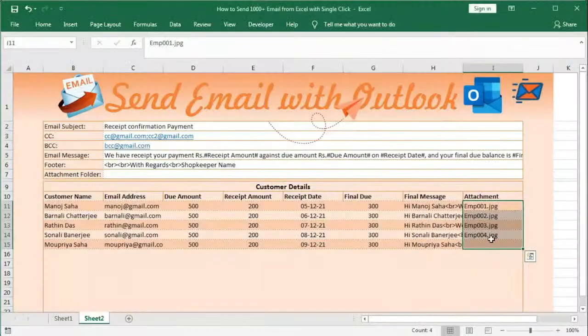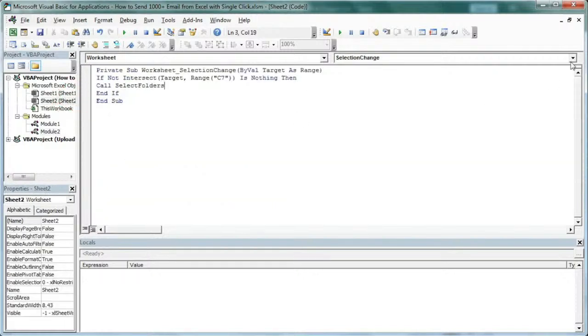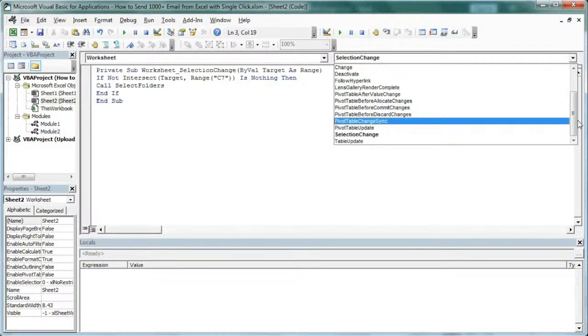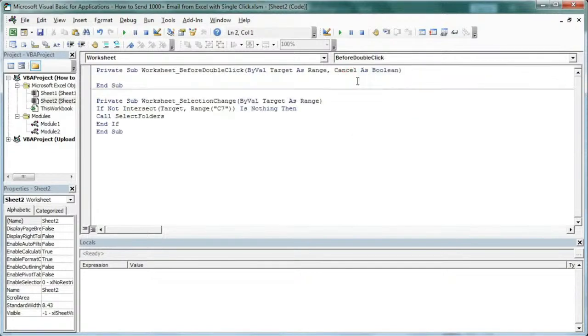So if I click here, then this is the active cell. So this cell's value will be the S folder's value. And for that, here we will use double click, not the selection change. So go to the sheet and here we'll select double click, before double click, and here we have to put another code. So type here if not